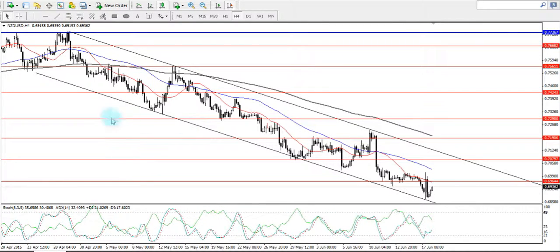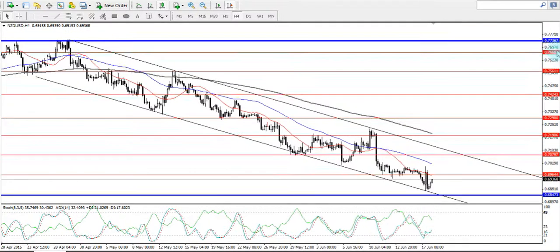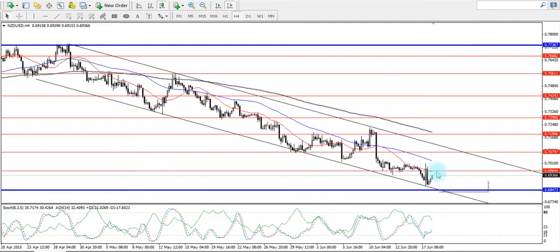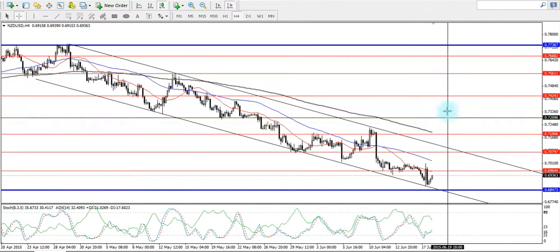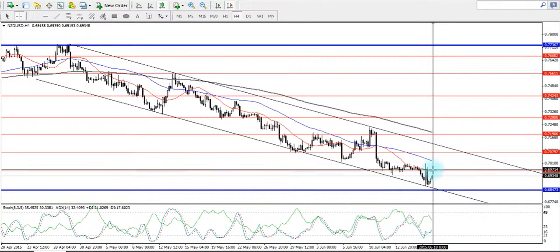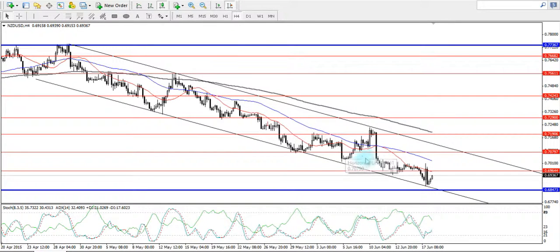Next we have the New Zealand dollar against the US dollar. So last night itself, during FOMC statement, price actually appreciated, and then it fell in the morning as the GDP data missed by 0.4% compared to the forecast, and therefore it increases the bets that the Reserve Bank of New Zealand may cut rate even further, and therefore the price actually fell all the way and back to the bottom of a falling trend channel, and right now we are seeing